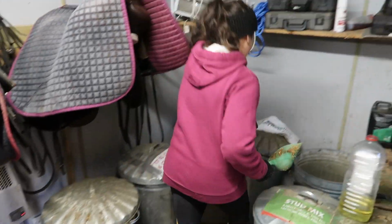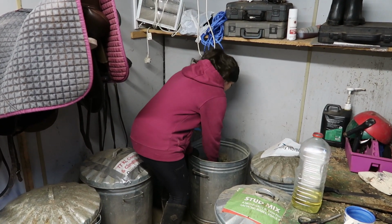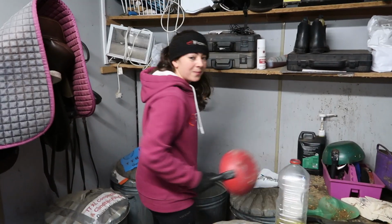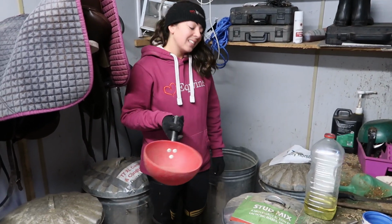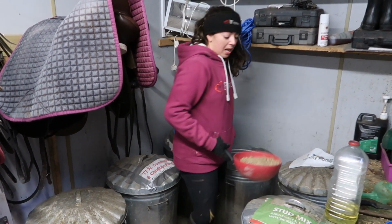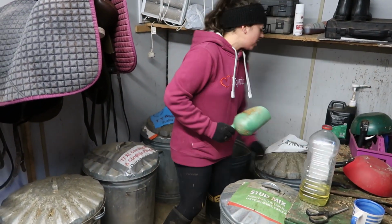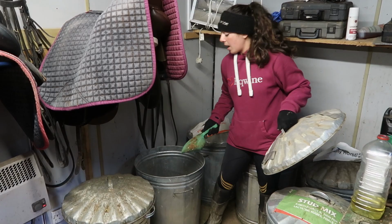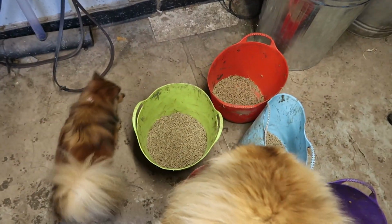So that's them done. And then we have the baseline plus. We have an ex-racer that used to have ulcers, and that's Freddie. Freddie gets a good scoop in the bucket. And then because Leggy is in harder work, Leggy has a slightly bigger scoop. She is about that much, and as you know, she's a big horse. In it goes. And then the extra bit that Leggy actually has is the XL, which is a higher protein, higher energy food, and literally all she has is that little bit added into her bucket, and hey presto,